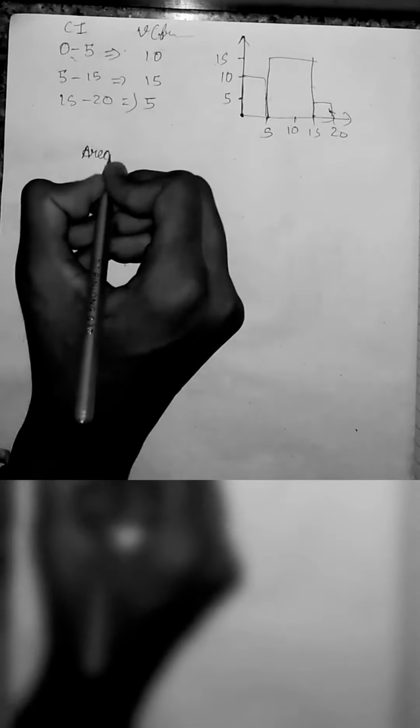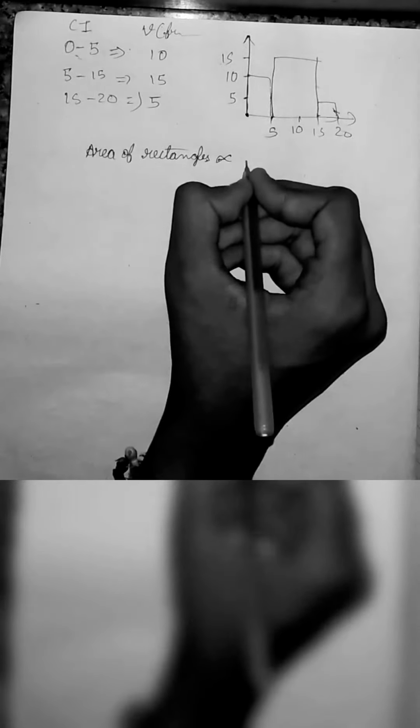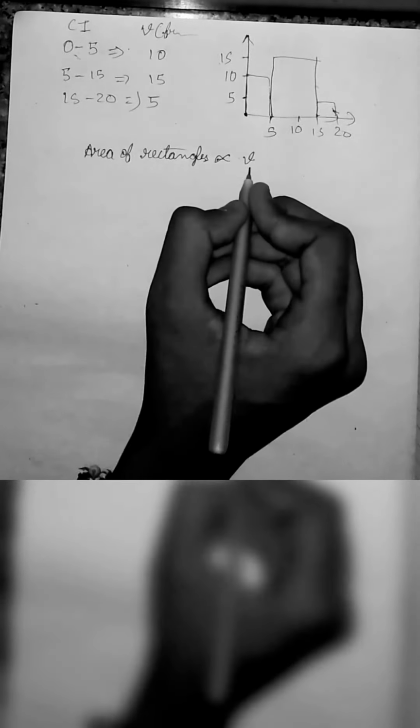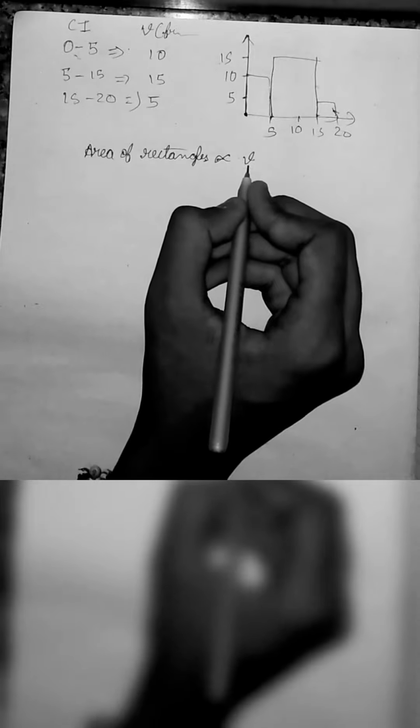one thing we have to know, that the area of rectangles is directly proportional to the frequency. We denote frequency with the sign mu. You can write frequency also, but for short abbreviation I am writing this. So area of rectangle is directly proportional to mu, meaning frequency. So what we will get, that the area it is larger,